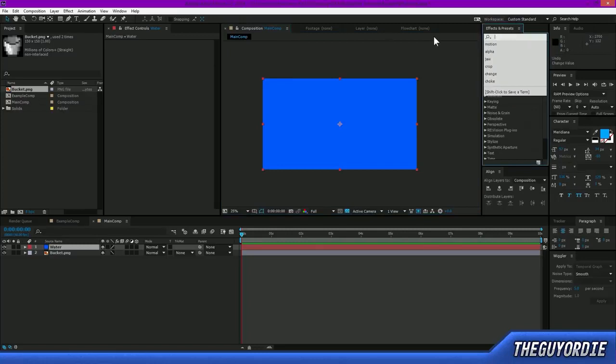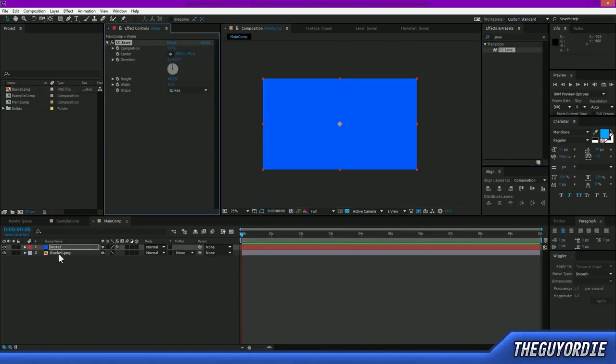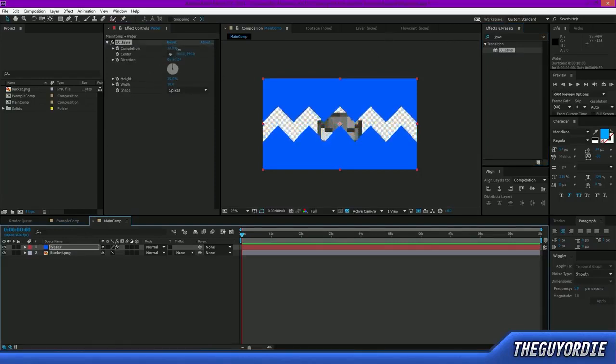I'm going to use a nice effect called Jaws. It's actually a transition, a stock transition with After Effects, and it's very useful. So when you apply it to your water layer, nothing will happen. But if you bring up the completion here, you'll notice it brings up like the